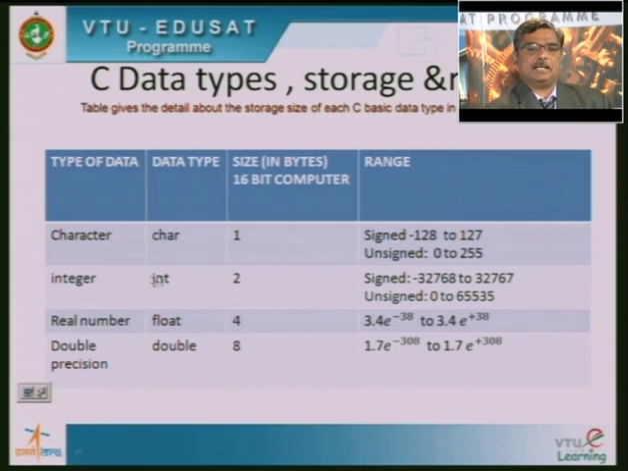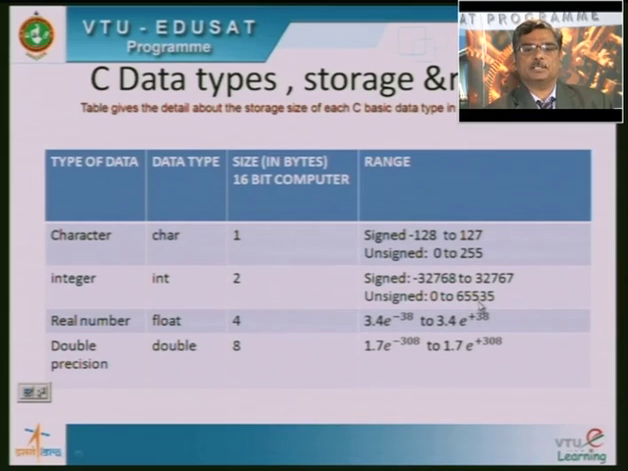In the integer data type, int takes 2 bytes, totally 16 bits. The range will be from -32,768 to 32,767. That is the minimum and maximum value a variable can take. That is signed. If you declare this integer variable as unsigned, then automatically the value will be from zero